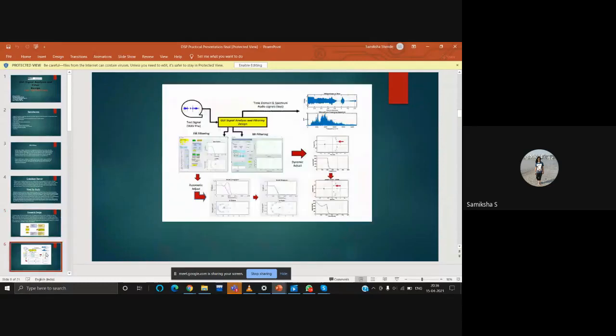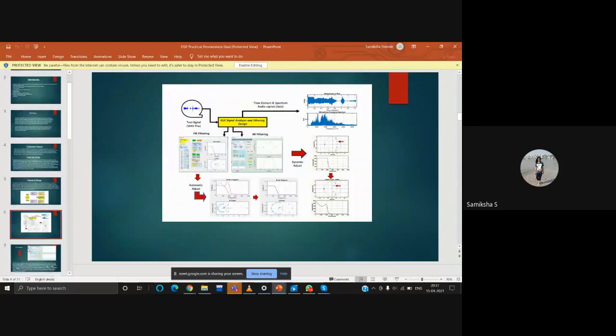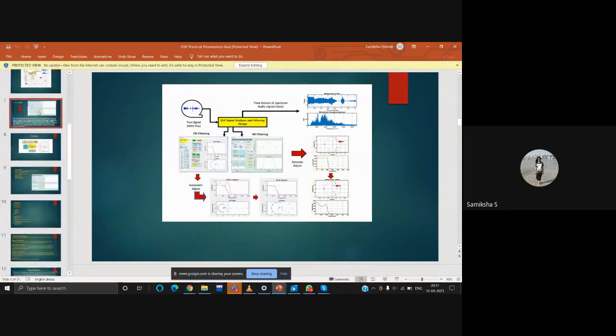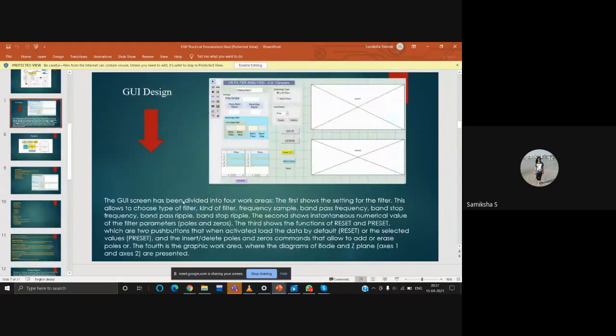Now this is the research design of our simulation. This is the GUI design as shown on the screen. We have chosen the Chebyshev filter here, and the selected type is low pass filter. So it is shown in this area. We have used code, but while using code there are limitations, which I'll tell you later.